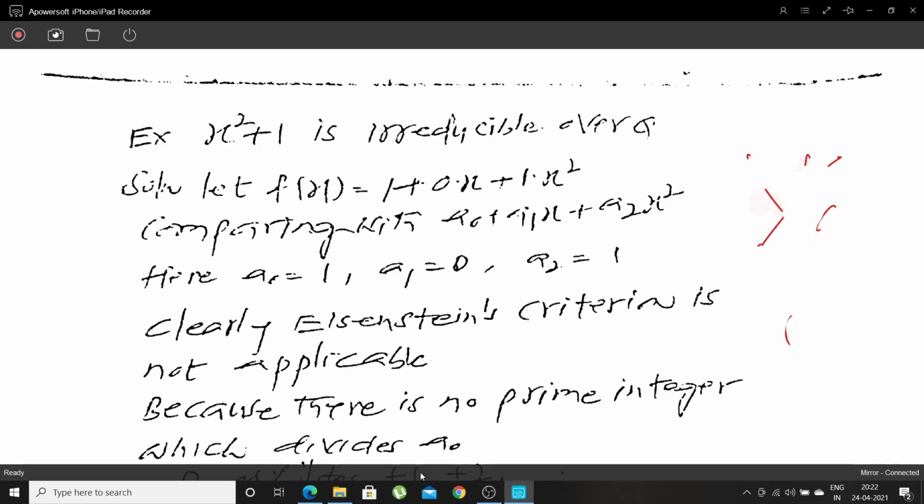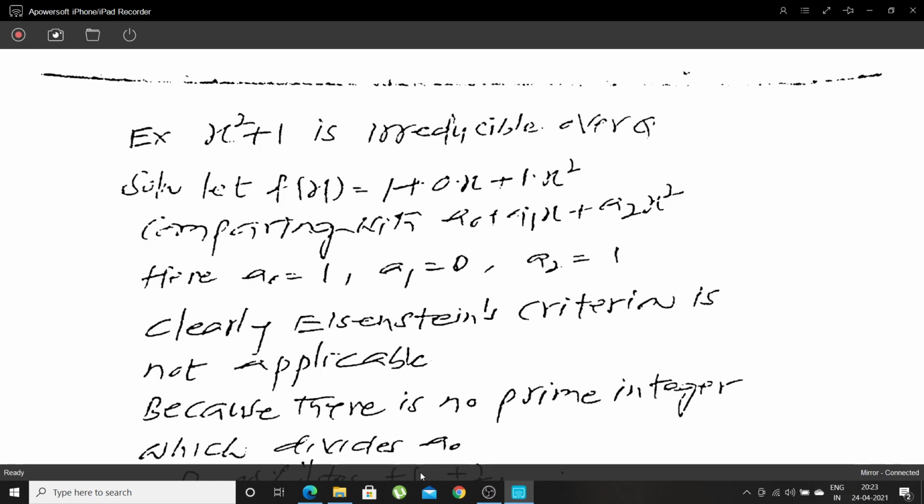The statement is like this. I mean the example: x square plus 1 is irreducible over the set of rational numbers, and we denote the set of rational numbers by the notation Q that you know. Traditionally what we do, we give different values to x. See that x should be a rational number. For any rational number, it is not equal to 0. That means it is irreducible. This is a traditional method.